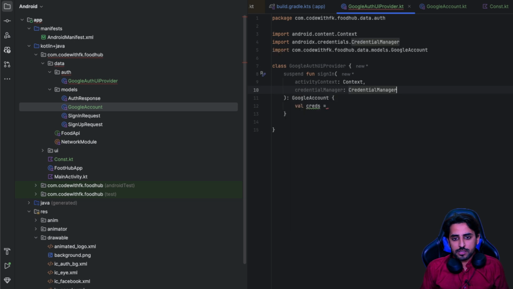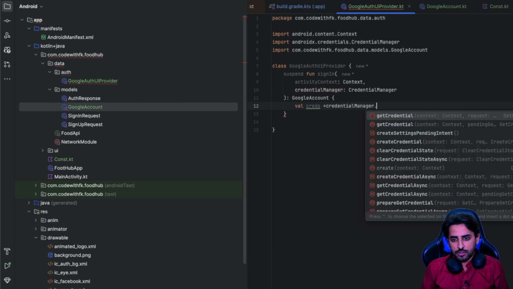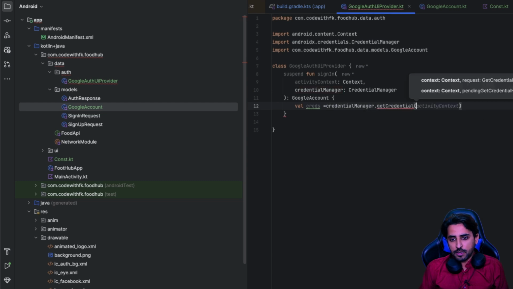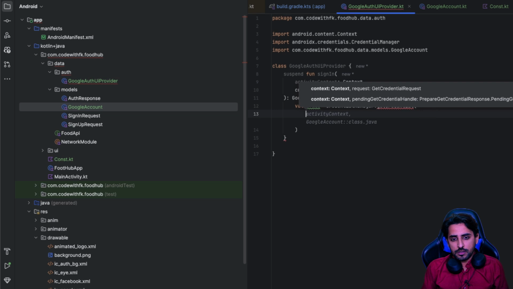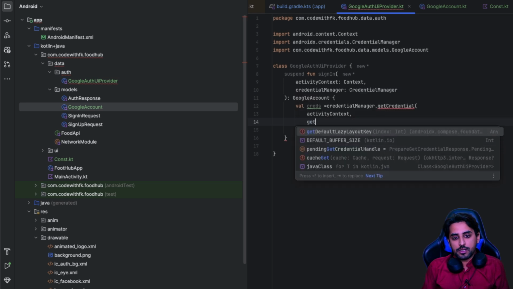Okay, so these are the two things that we require over here, and then we will be saying credential manager dot get, and that is going to be activity context first thing, and then the second one is going to be the Google context. Since we don't have that, we need to create that request. For that, let's just call it get